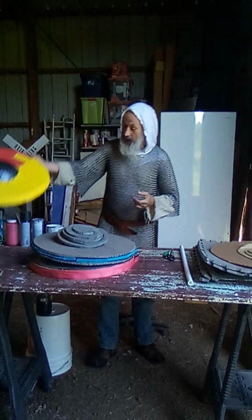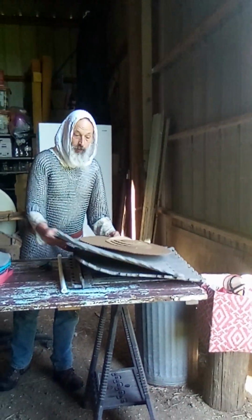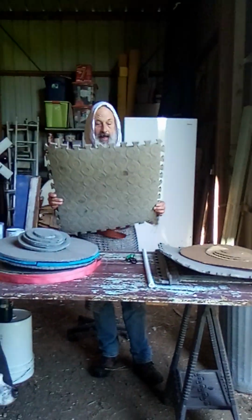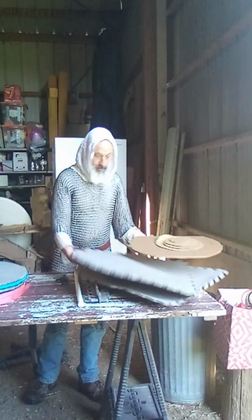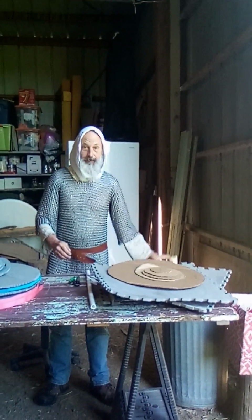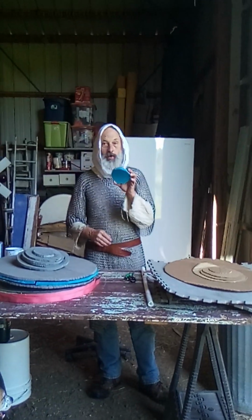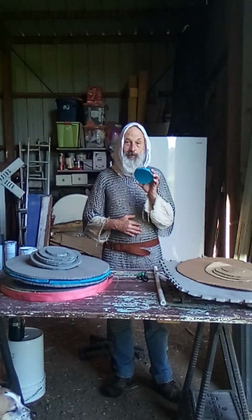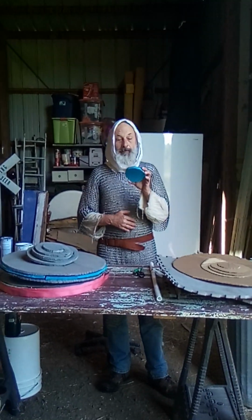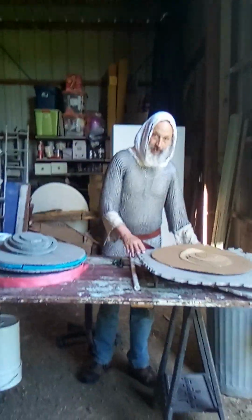What you're going to need for this project is some gray garage foam tiles. You're going to need 3 pieces of this. You're also going to need some blue camp foam. You can get it in a roll. 1 roll will make 2 shields of the smaller size, 3 if you're really good at cutting. It does not have to be whole piece in the middle. You want whole pieces on the outside